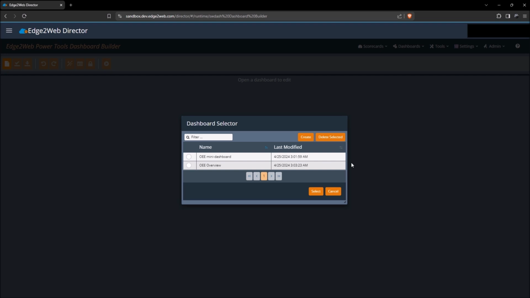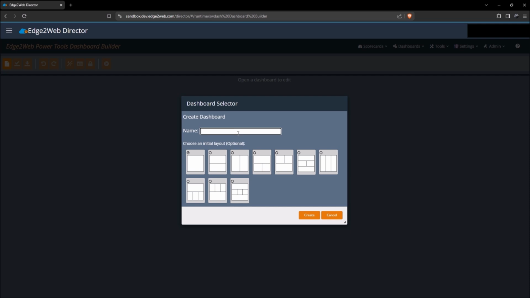In a previous video, we created a couple of formulas and a scorecard. I've gone ahead and created some additional formulas and scorecards to use here, so let's get started. Click the Create button and enter a name for your dashboard. I'll choose the name Parts Tracker because I want to use various displays to see what my machine is doing